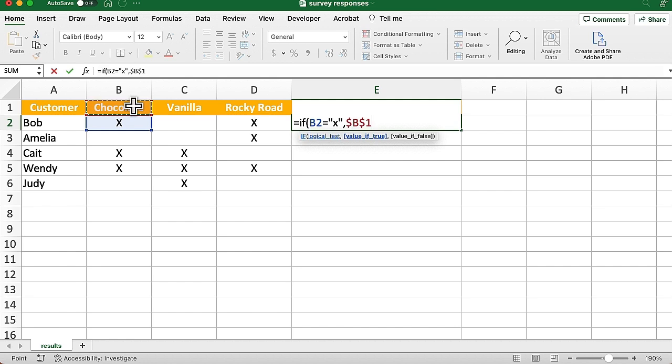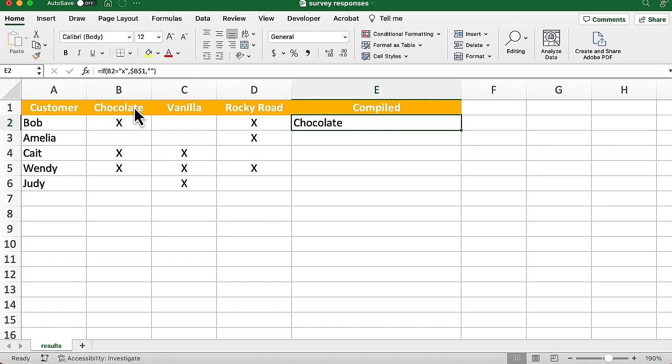And comma, if we do not find an X in that column, we're just going to have that column empty. So I'm going to have a pair of empty quotation marks, close the parenthesis. So this is just the beginning of this formula. I'm going to enter it, and then we can see, okay, yes, indeed, we found chocolate in column B. Now there's still Rocky Road that's chosen there in column D, and we're going to get to that in a